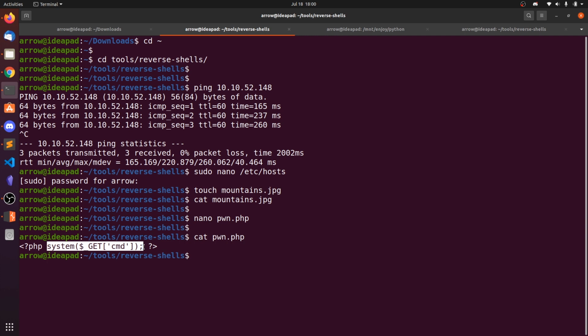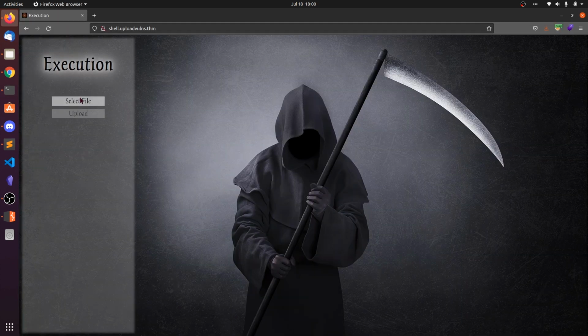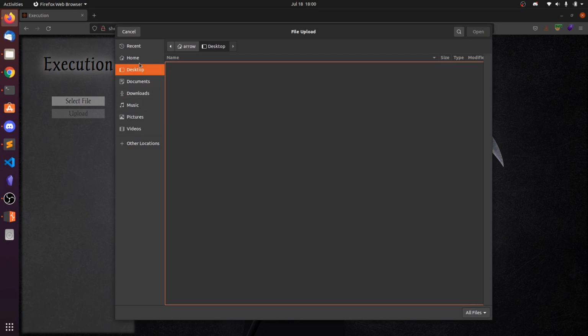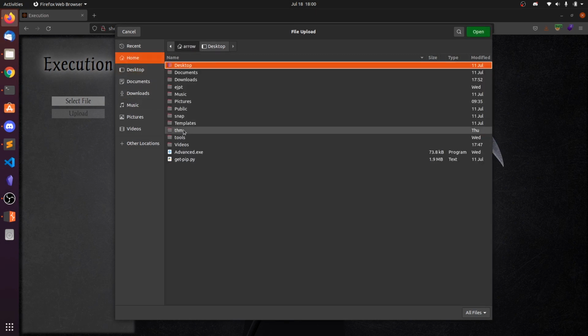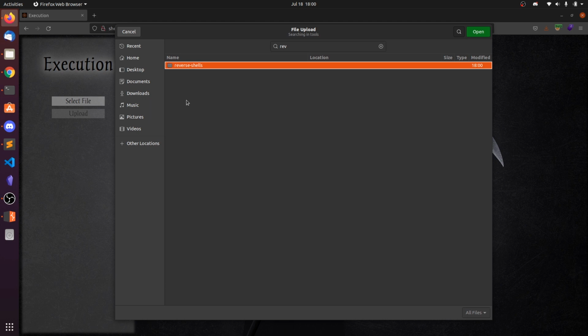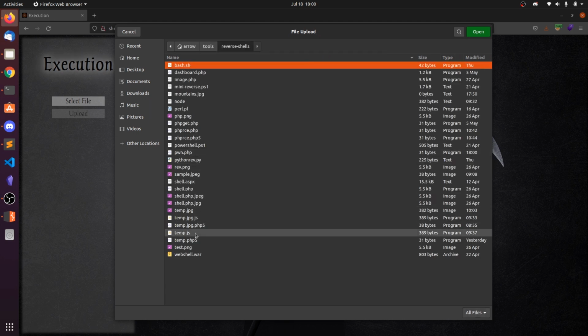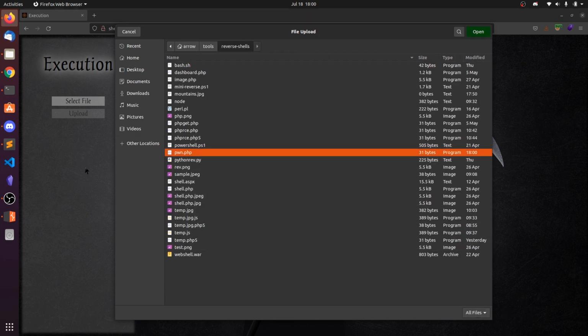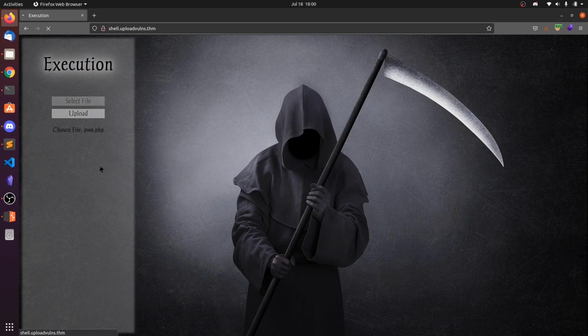This is a simple command execution. Now select the file and choose pond.php. Click on upload and you can see the file has been uploaded successfully.